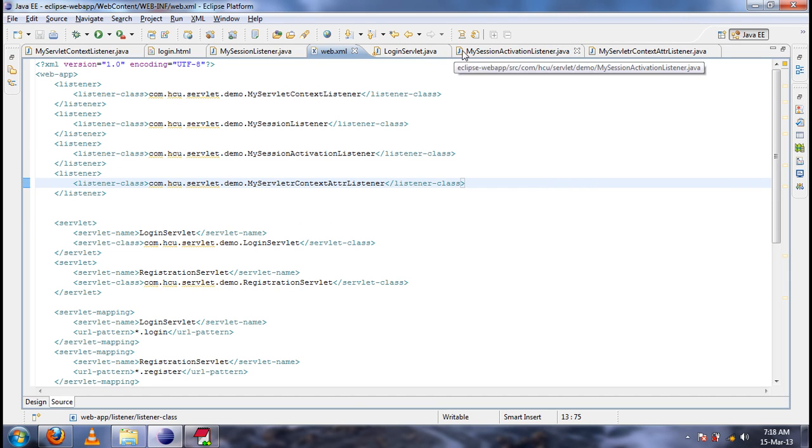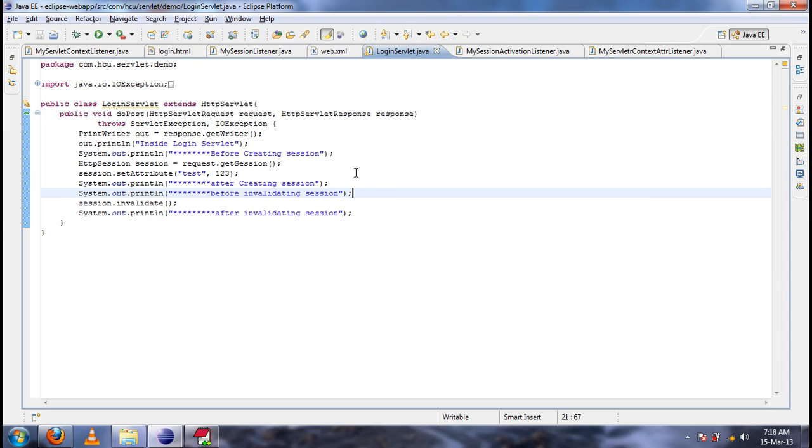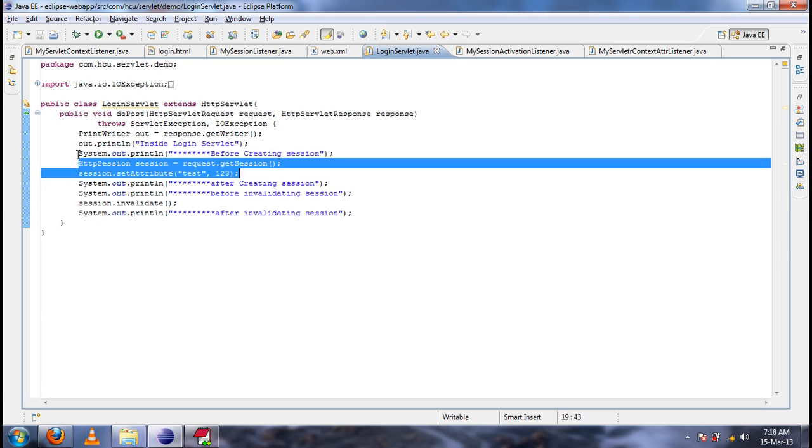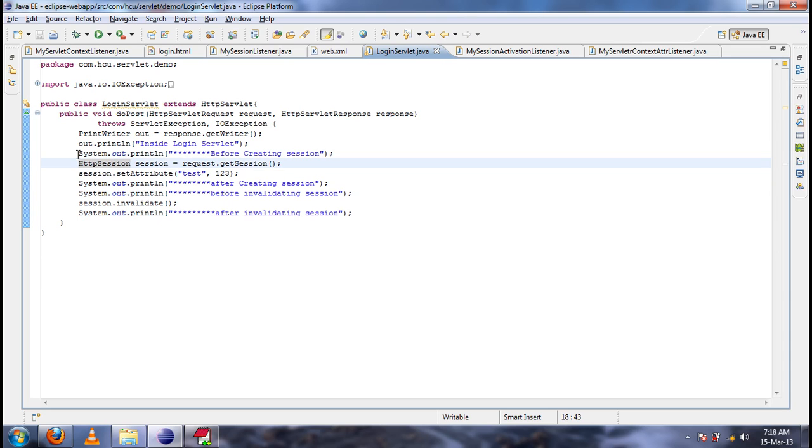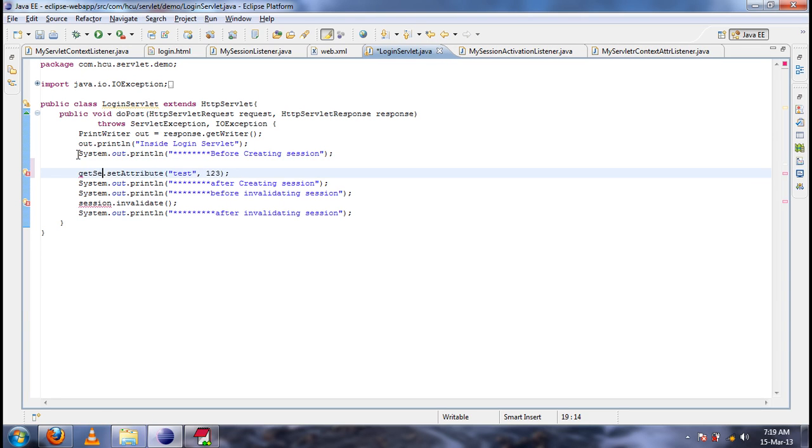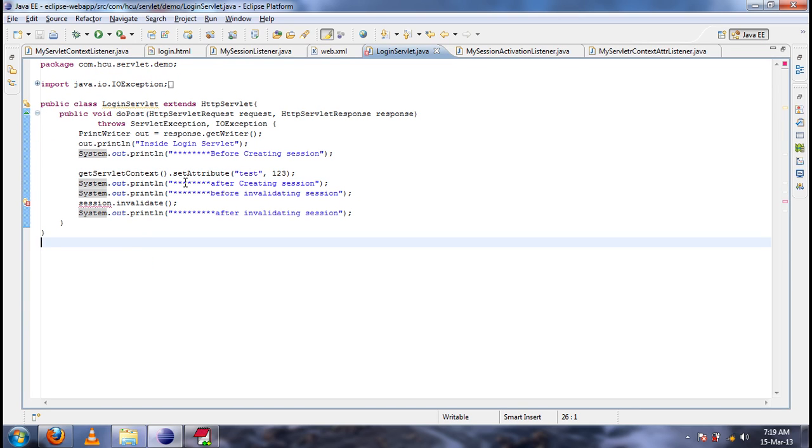Okay, and then in the servlet, what I'll do is, in order to get the servlet context object, yes, we will go for get, just because the servlet implements ServletConfig also. So in ServletConfig directly there is getServletContext. Okay, just getServletContext().setAttribute,